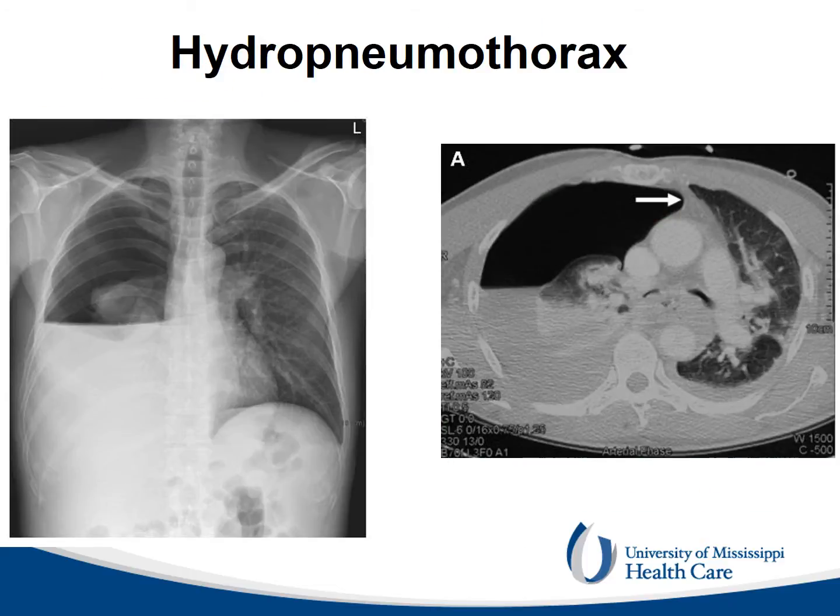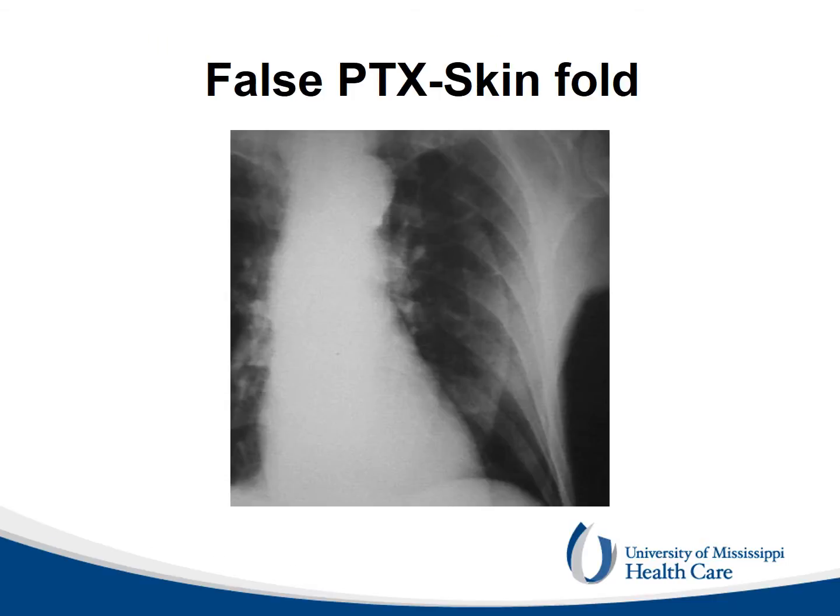The term hydropneumothorax implies the presence of air and fluid level in the pleural space. The chest X-ray and chest CT in this patient show a straight line that changes with different decubitus. Sometimes a wrong diagnosis of pneumothorax is made on a chest X-ray for different non-related conditions. Skin folds that overlap the lung field can be misinterpreted as pneumothorax on a chest X-ray. A chest CT would clarify the diagnosis.